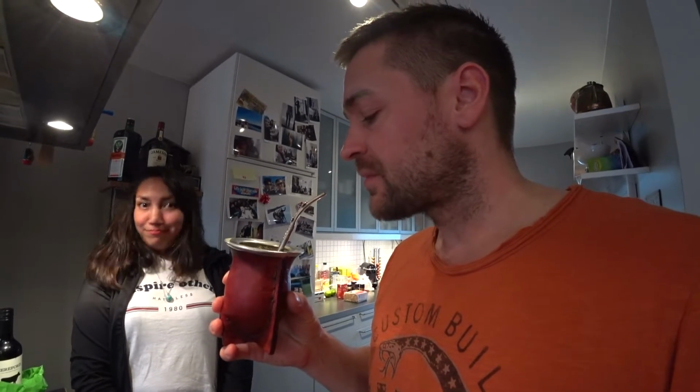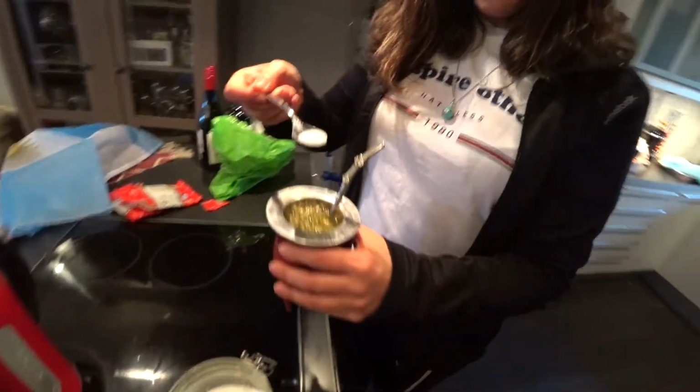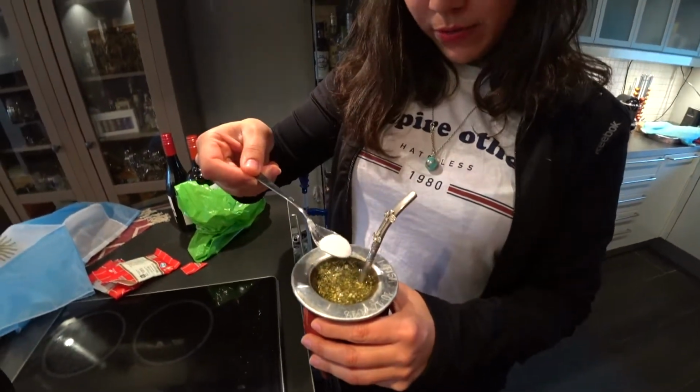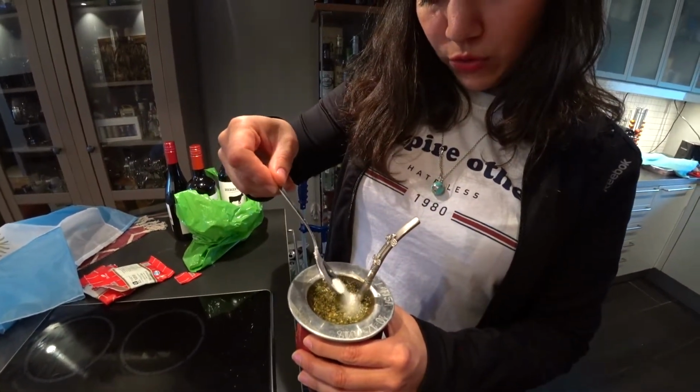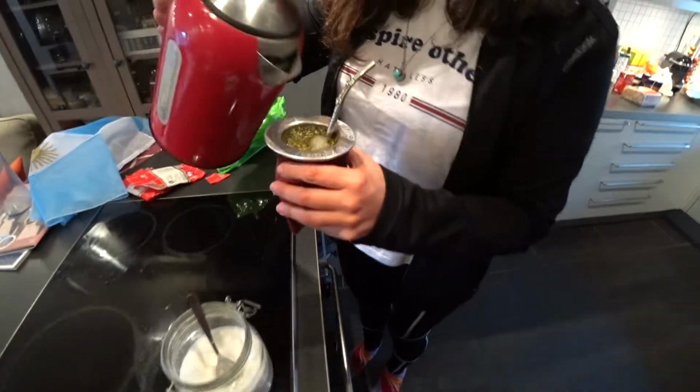How does it taste? It tastes good. It tastes like some kind of tea, like a very strong tea, like probably green tea, the closest. Strong green tea. Warm. Right. Okay, so this is the sweet one, and we add right there where the straw is. Probably it looks like it is a lot, but then it will